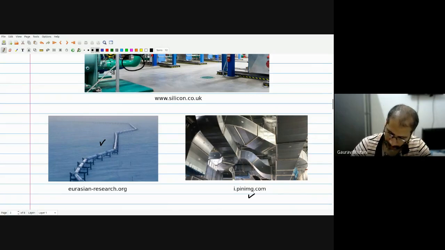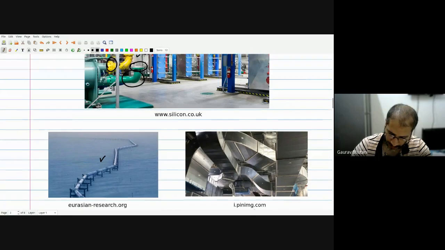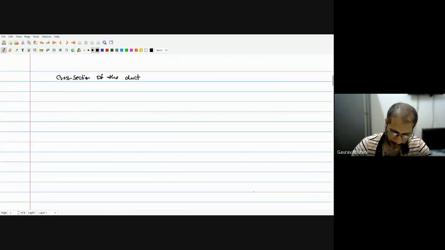So we have all these kinds of pipes and ducts. It's showing us the importance of studying these piping and ducting systems in engineering. And the next question is, why do we study these piping and ducting? Why study internal flows in mechanical engineering?